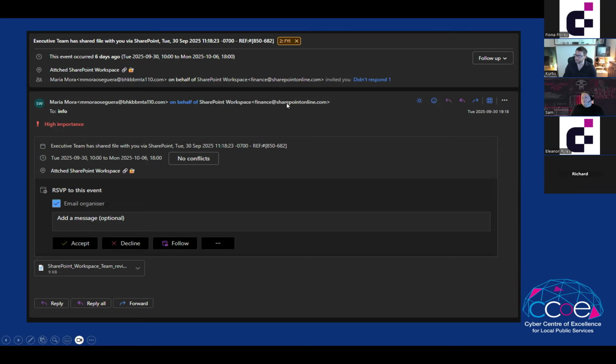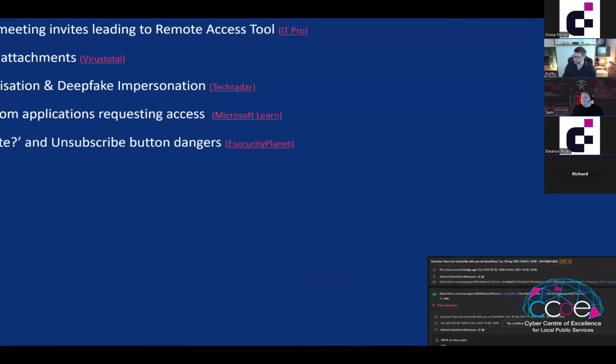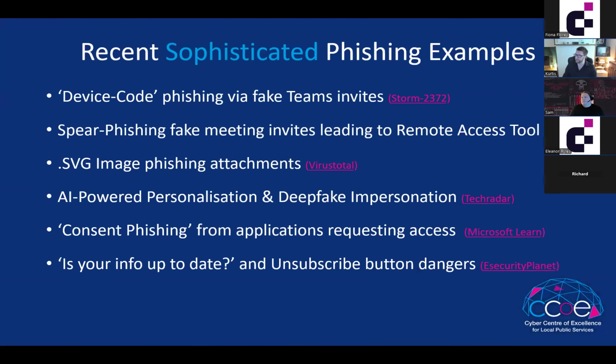I don't know this person, and I know that that's not the correct address, but this is the attack down here, the attachment in here. So obviously I didn't open it, I deleted it, but I just wanted to let you know that this was an attack coming in. So now if there's a calendar invite suddenly appearing in your calendar, please be aware that if there's an attachment or a link in it, do not click on it unless you know it is from a trusted source.